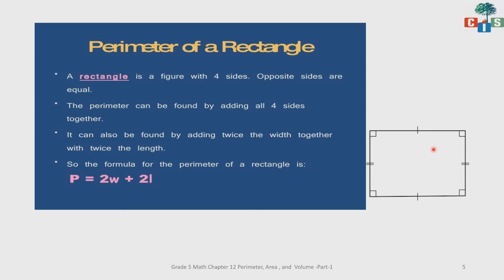Now we have one formula for finding perimeter of a rectangle, that is P equal to 2W plus 2L. P stands for perimeter, W means width, also known as breadth, and L means length. Why 2? Because see here we have length, 1 and 2. So opposite sides are equal, so we write 2W plus 2L. Or we can find it by 2 inside bracket L plus B, where L means length and B means breadth. So we add the length and breadth and then multiply with 2 so that we get the perimeter of the rectangle.